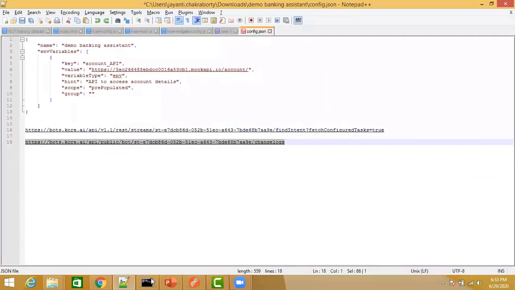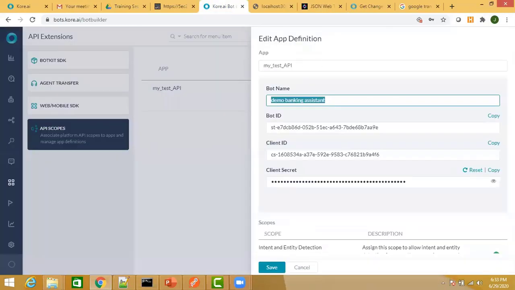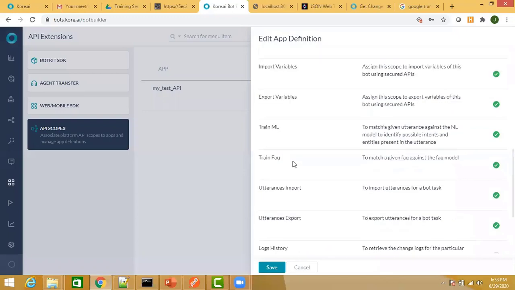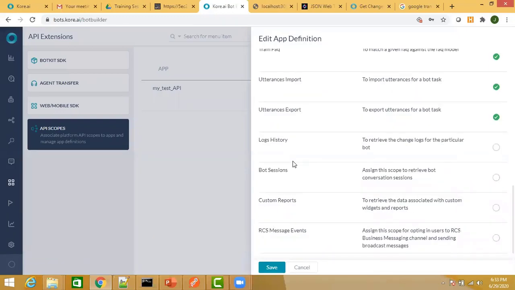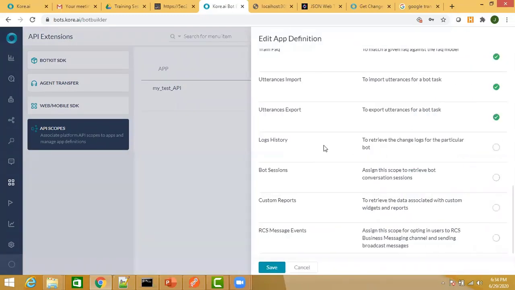Oh, sorry, I did not select it. What you need to do is make sure that a particular scope is selected. Log history is not there, so it is not a part of my scope right now. So I can enable the scope.